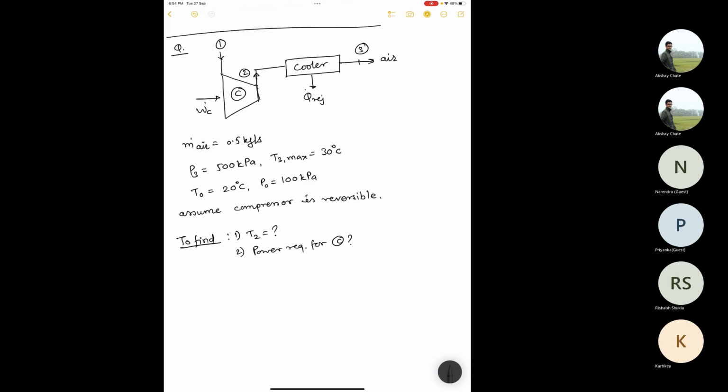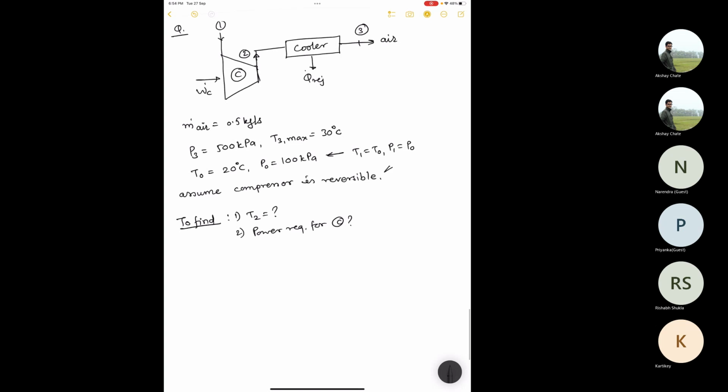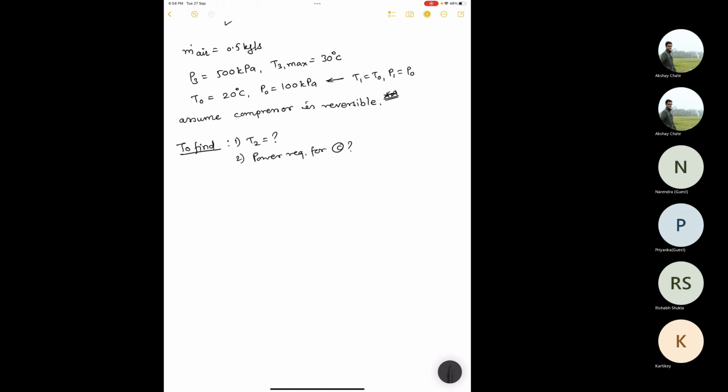So now it is not mentioned, but you can assume the air is supplied at this ambient temperature and pressure. So this will be your T1, T0, and P1 will be P0. This is a reasonable approximation, but this is an important approximation which should be given. So first part is now